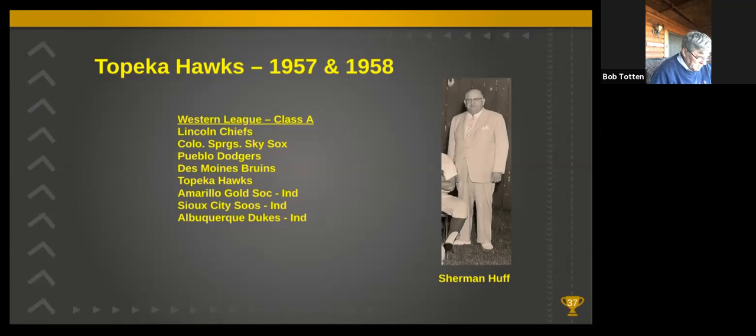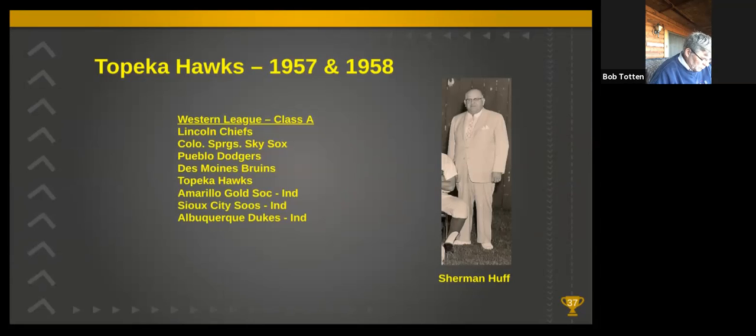And one of the reasons given was that the cities were so far spread out, the ball players were having to take really long bus rides, and their major league clubs didn't approve of them being on the bus that long. For example, it's about 1,000 miles from Des Moines to Albuquerque, and by bus, that's about 15 hours. That's a long bus ride.